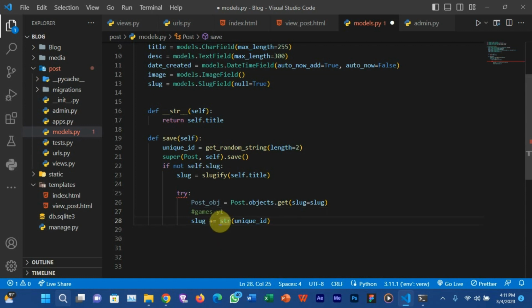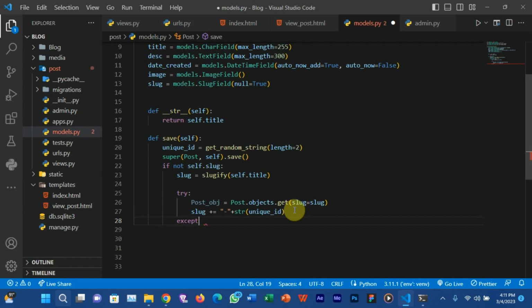So to do that, you can just do the string here and then we concatenate it so that we get something looking like this. We don't want it to be attached to the title of the post, but rather I want to add hyphens between them. That's why I added this simple concatenation here. Okay, so now if it exists, you need to add an exception.